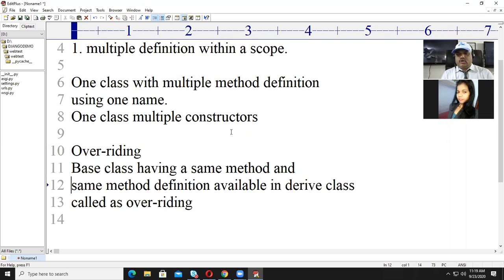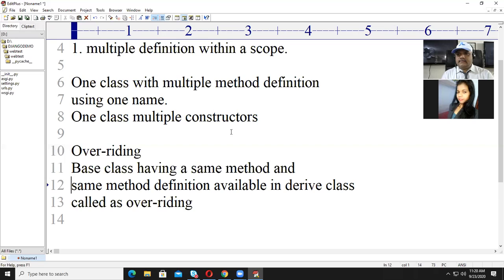So it will receive two copies of the same method name, one from the base class due to inheritance, and the second, its own copy. And this concept is called overriding. Are you getting me?